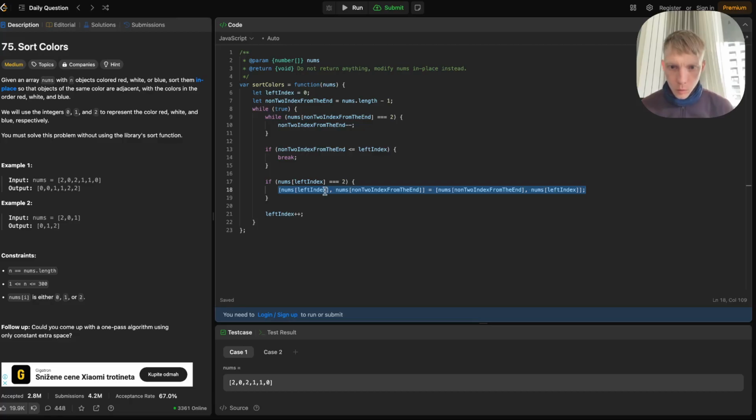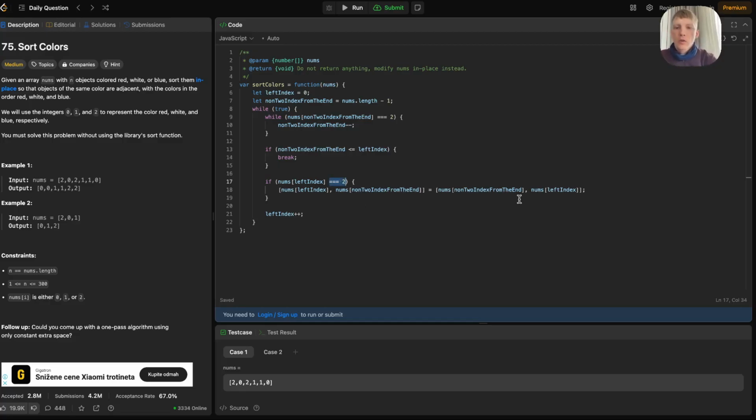And what will we do with left index in that case? At the same time, we can not only look for 2's here, we can also look for 0's. And if we see 0,